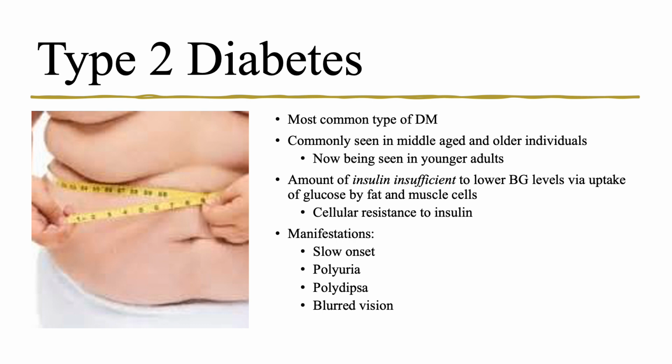So type 2 diabetes is a situation when the amount of insulin is insufficient to lower blood sugar levels. So the cells in the body are not taking up the blood sugar fast enough. The cells are resistant to the insulin. It's a gradual, slow onset. Type 1 diabetes comes on over the course of 2 or 3 months. Type 2 diabetes can take several years to come on gradually.